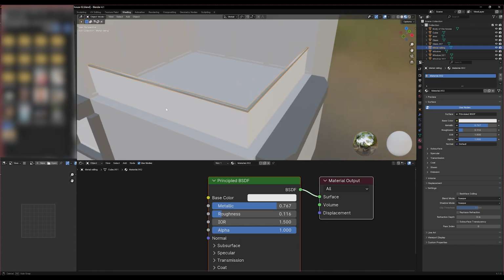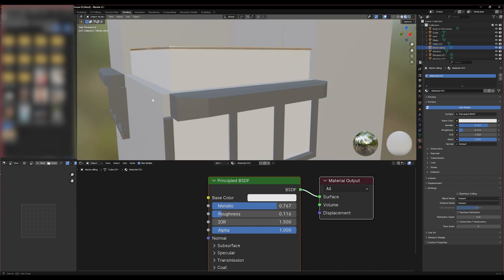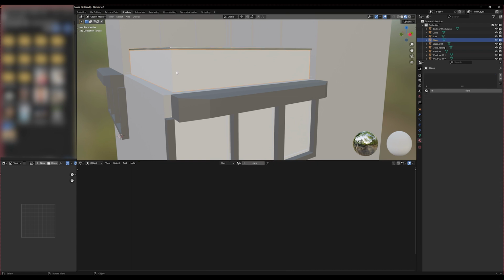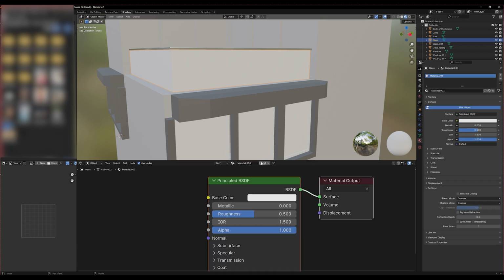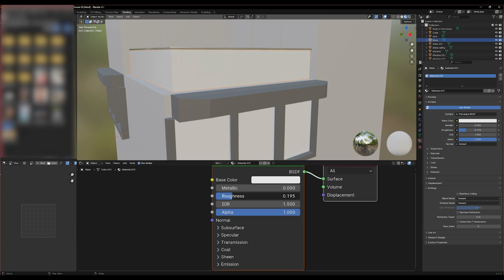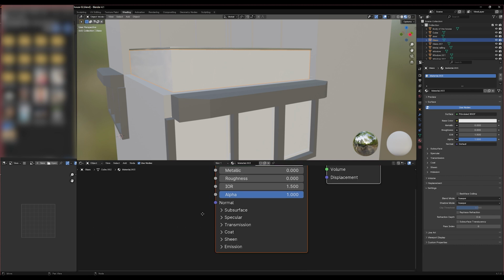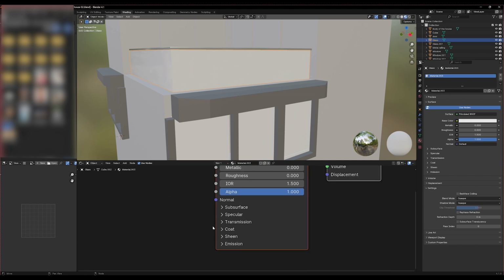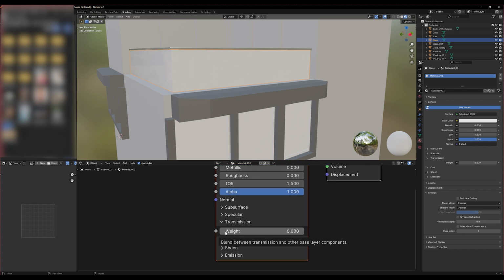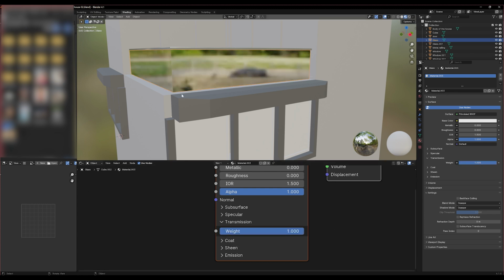Okay, so this is done. So now watch carefully how to give the glass material, how to apply the glass material texture for any selected object. So now I want to apply the glass here. For that, new. Okay, decrease the roughness all the way, then come to the transmission, increase the weight of the transmission all the way to 1. So we got the glass material, but